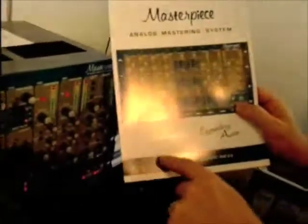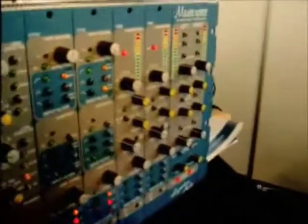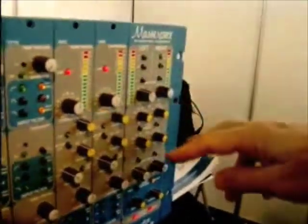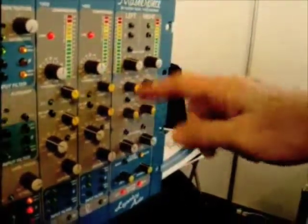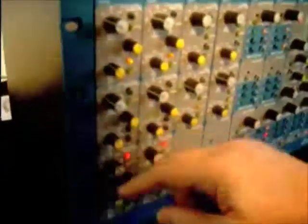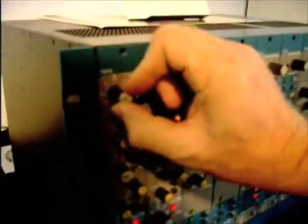And some of the features, of course, it's an analog mastering system. It was designed by Mr. Neve, produced by us, and it's all analog. Just a quick overview. It has left and right input, low and high pass filter section, and it goes over. We have extreme precision on our peak equalizers with 48 frequency choices, quarter dB increments on the gain structure,